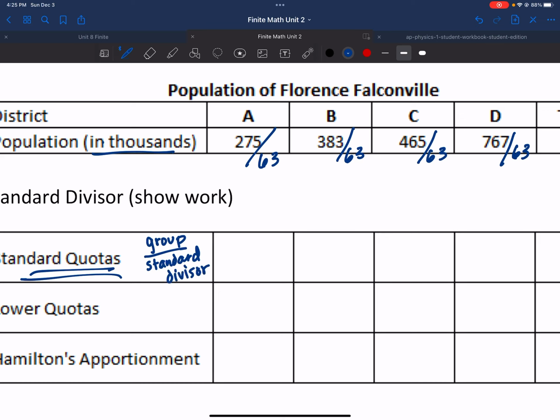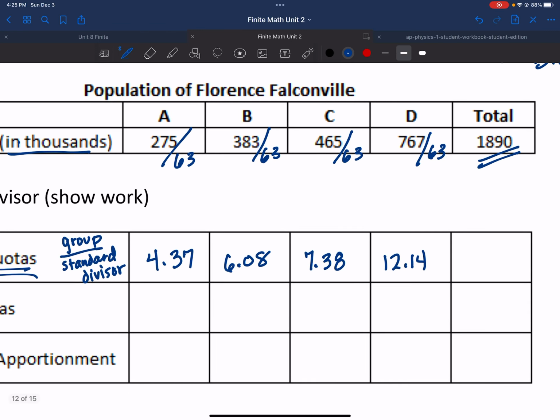All right, so the first thing to do is 275 divided by 63, and that gives me 4.37. Now you want to carry these into 2 decimal places because we're going to be doing something with those decimals. 383 divided by 63 gives me 6.08. 465 divided by 63 gives me 7.38. And 767 divided by 63 gives me 12.14. All right, and if I wanted to, I could go ahead and add those up,